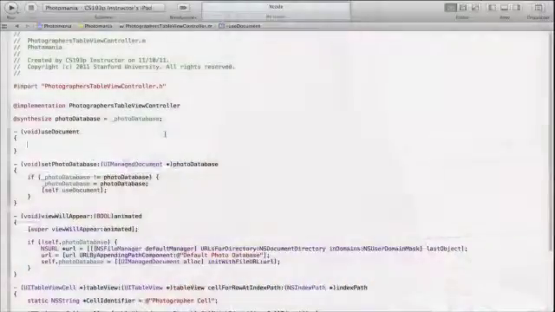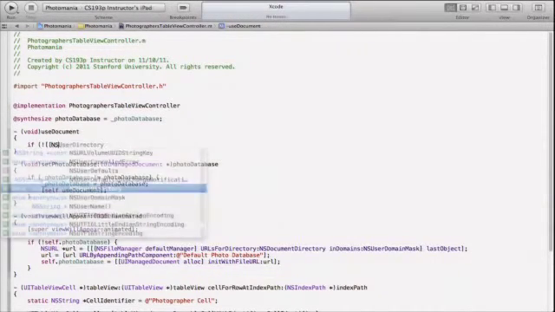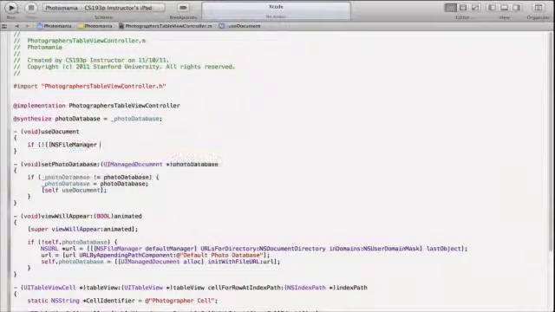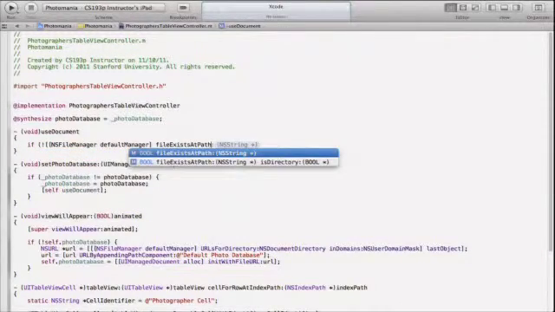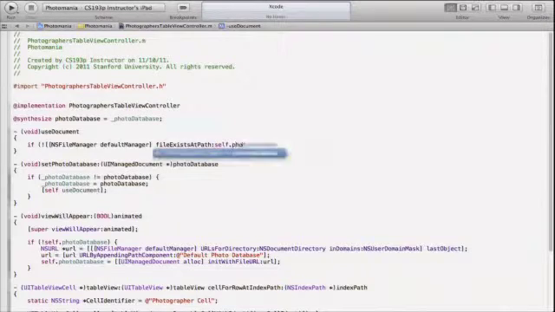Or someone might have handed us this document already open. They opened it. Okay? So we have to handle all three of those cases. So let's start with the case where it's not on disk. So I'm going to say if NSFileManager defaultManager fileExistsAtPath, self.photoDatabase.fileURL,